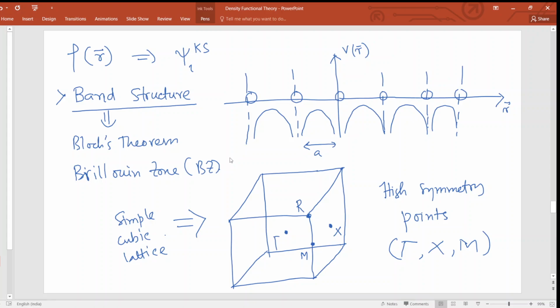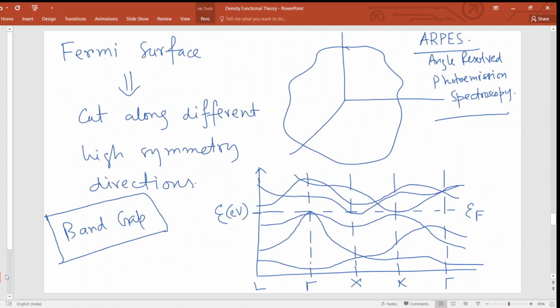So here from density functional theory, once you get the rho, or let's say psi, then you can actually calculate what will be the energy values of the ground state and let's say different excited states along certain specific directions. Okay, so usually you can see that this band structure is plotted with the energy on the y-axis, and on the x-axis you have something written like gamma, X, K, etc.